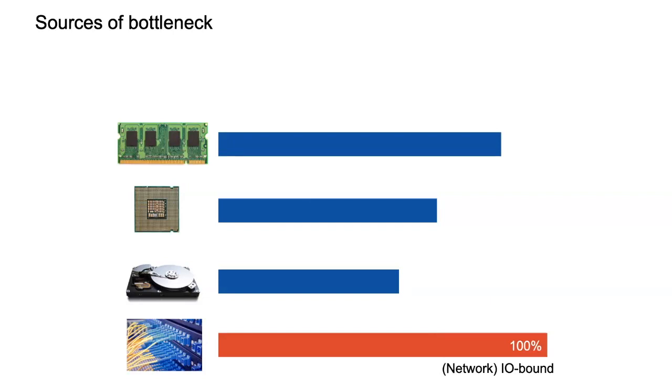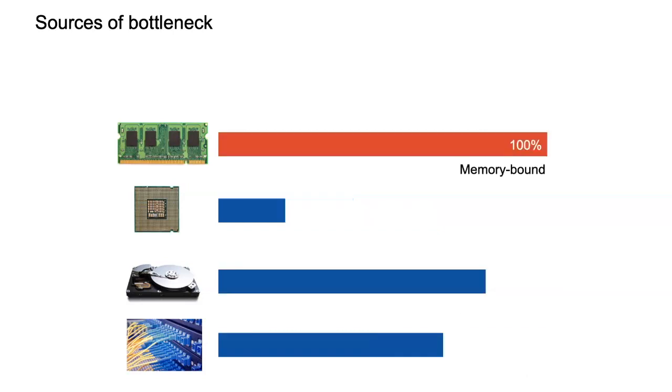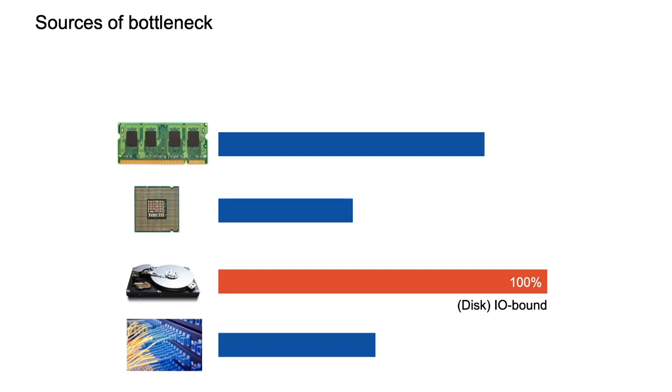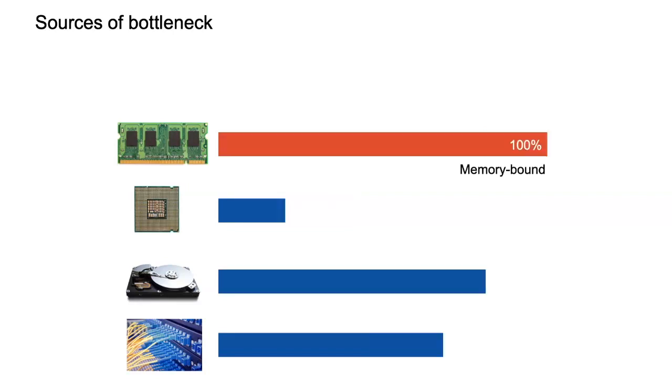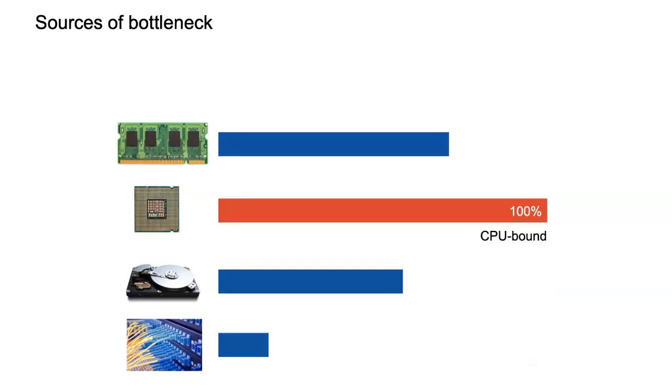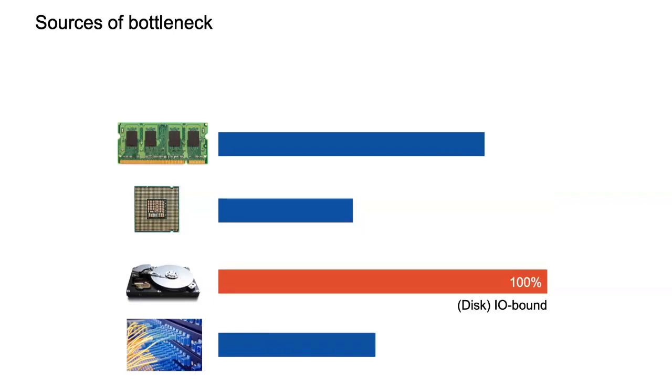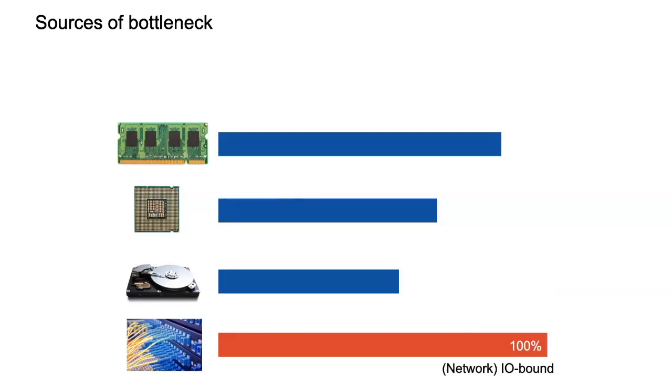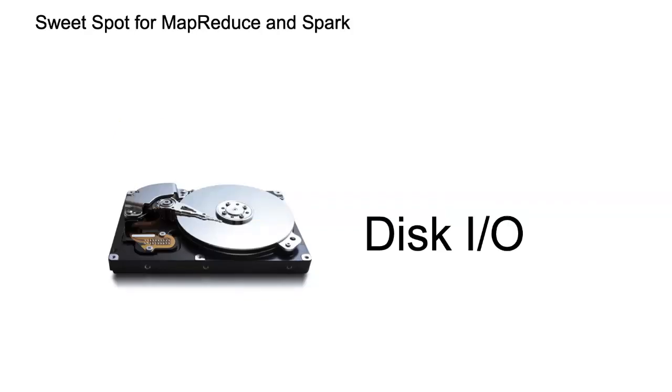Once you figured it out, it might be tempting to say, well, that's easy, right? If I have a memory-bound query, I just buy more memory. I just need to switch to other machines that have more memory, or I need more cores, or I need to parallelize more with more machines, or maybe I need to use a bandwidth in the network that is larger, right? So it's tempting to do that, but really resist that temptation. Throwing more money at the problem is not the way. You need to really optimize what code you wrote, because there's very often ways that allow you to improve it.